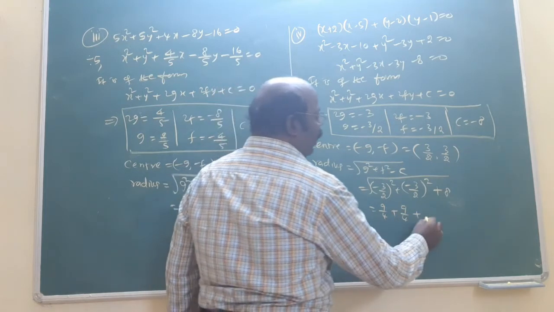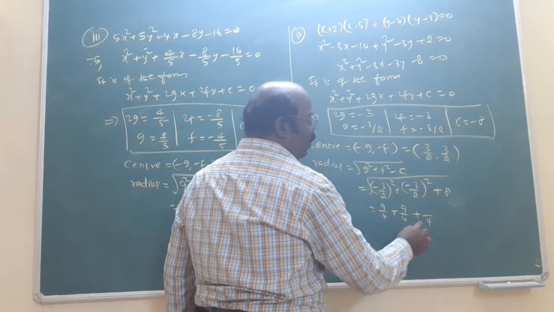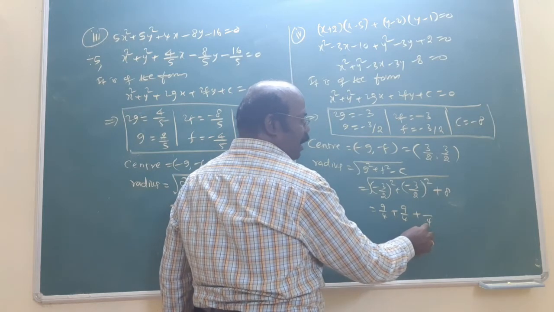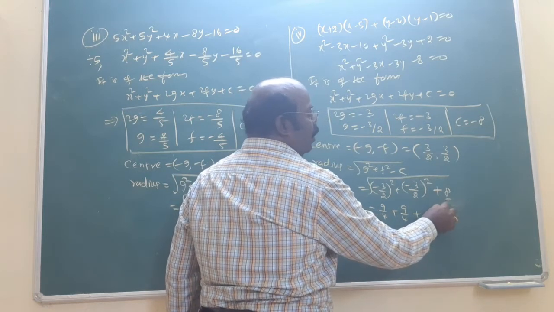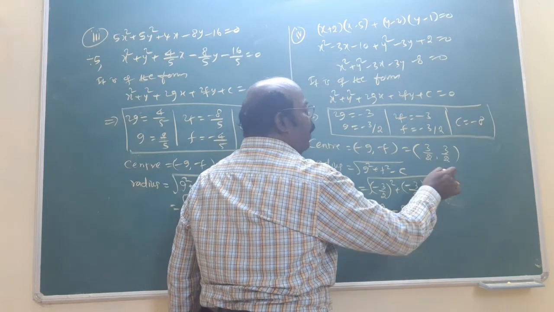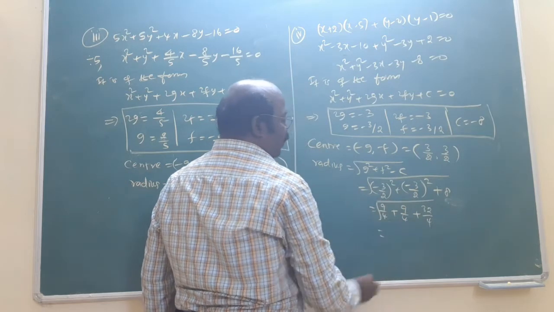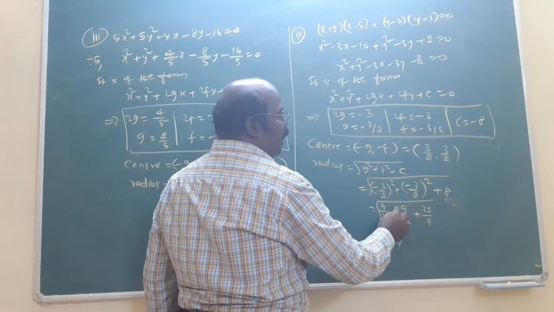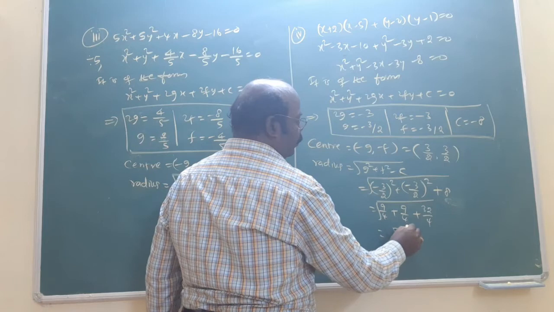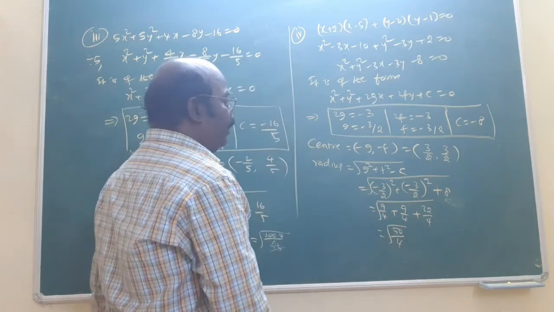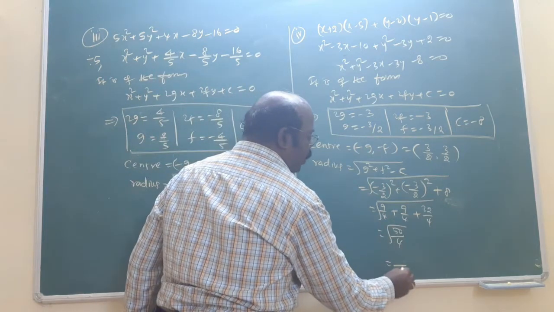What did I tell you? The denominator is 4, so we take the LCM to make it easy for you. Multiply by 4. The number with denominator 1, multiply by 4, multiply by 4 in the numerator also. Am I right? 4 is the LCM. Here it is 18, 50. Am I right? 50. Now the square root of 4 is 2.